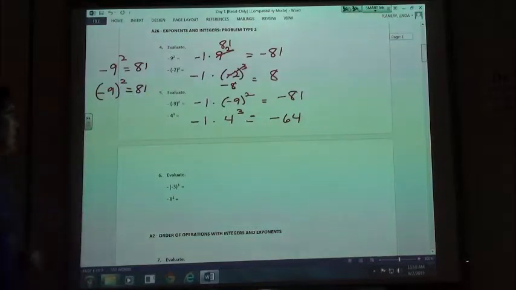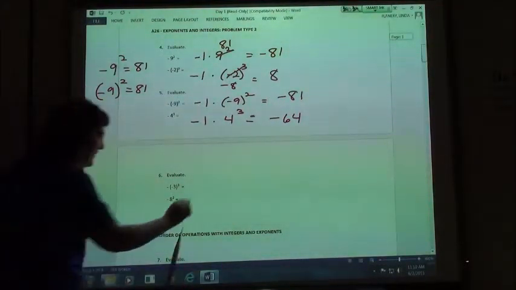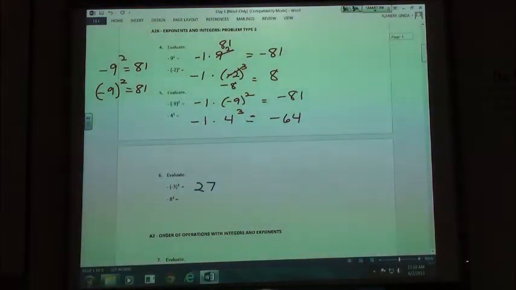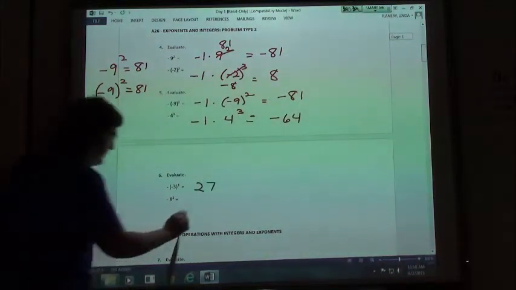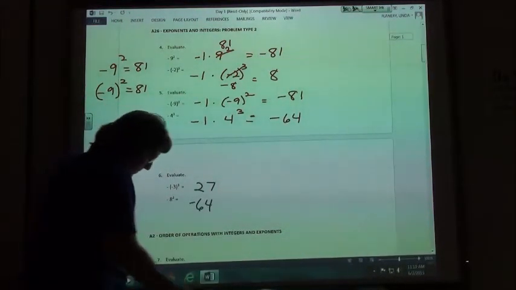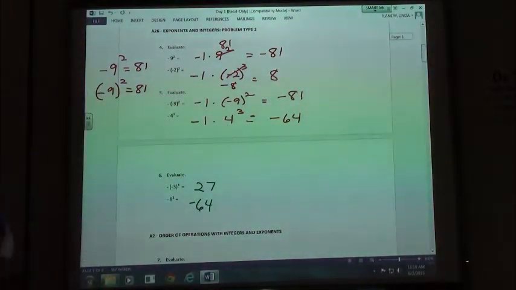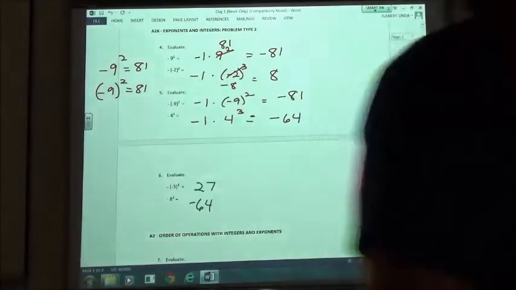So, number 6. If I do -1 times -3 cubed, my answer would be 27. And if I do -1 times 8 squared, I would get -64. Questions on those three? Easy enough. Just keep in mind that if it's not in parentheses,